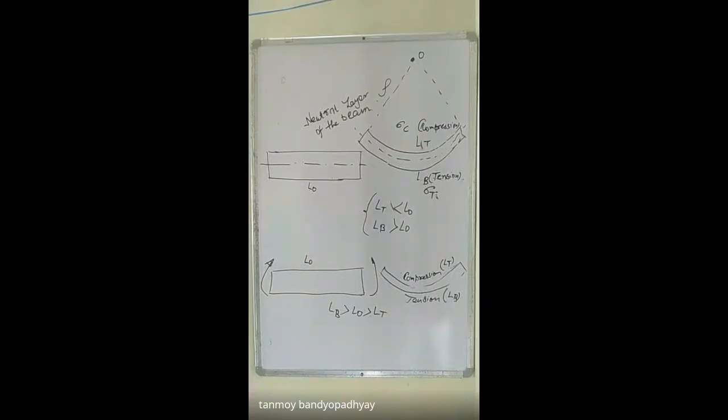Tensile, compressive. So you can understand it is either tensile or compressive. Tensile and compressive forces are longitudinal forces, and there is no effect of the shear forces. In that case, you will have pure bending. So pure bending is the flexure of a beam under a constant bending moment and no shear forces.